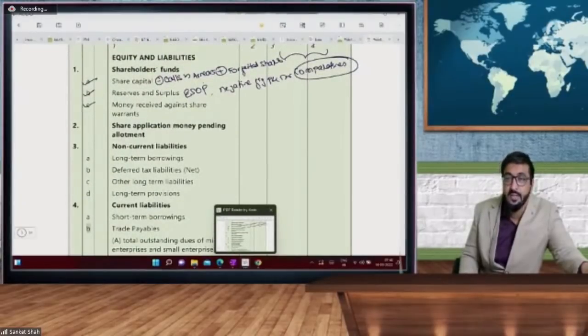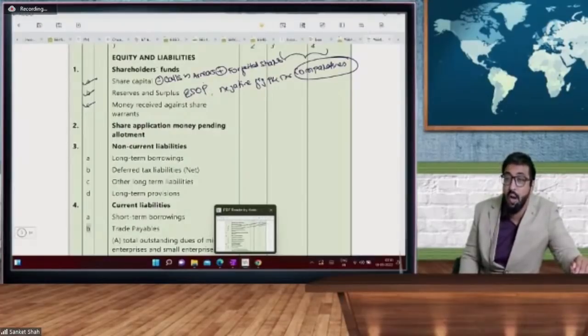Second one, a separate line item for share application money pending allotment. Now, what is share application money pending allotment? It means you go with the initial public offer. You paid some amount for the initial public offer, and if the company has not yet issued any shares, till that time the amount is kept in an escrow amount,